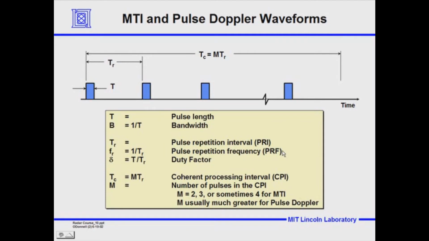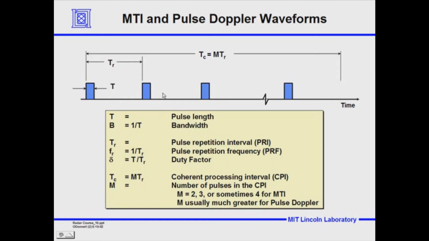That's usually measured in hertz, or kilohertz if there are 1,000 of them, that we're measuring. And here's the pulse. Capital T is the pulse width, and the bandwidth of that pulse is 1 over T. The duty factor or duty cycle of the pulse waveform that we're sending out is just capital T over T sub r, the pulse width over the time between pulses, and it's the fraction of the time the transmitter